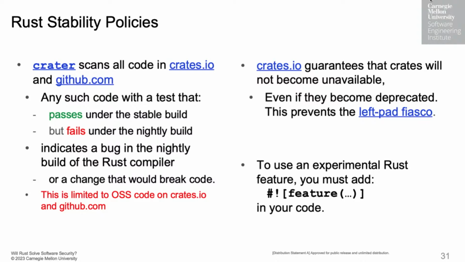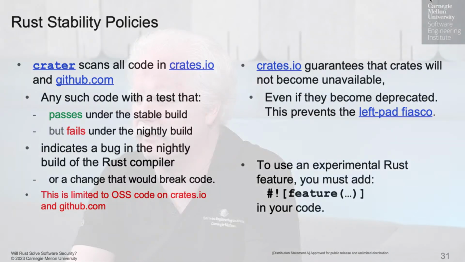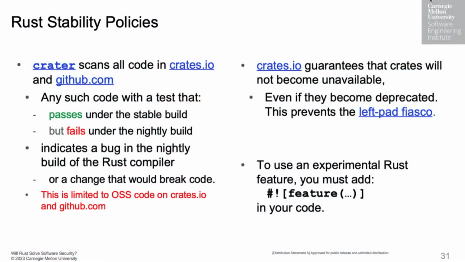Now, the nice thing about that is that if they still want to upgrade the compiler and break the code, they can at least contact you. If it's your code, they can contact you saying, "Hey, your code is using this version of the Rust compiler. Your code will no longer compile against the beta version. Would you like our help in modifying your code to stay up to date with modern Rust?" So this is a way of achieving stability, in that, if your code breaks and it's open source, you'll get some help from the Rust community.